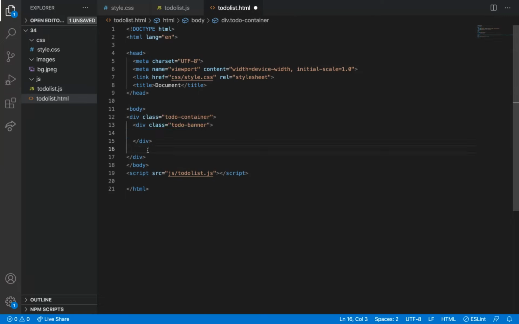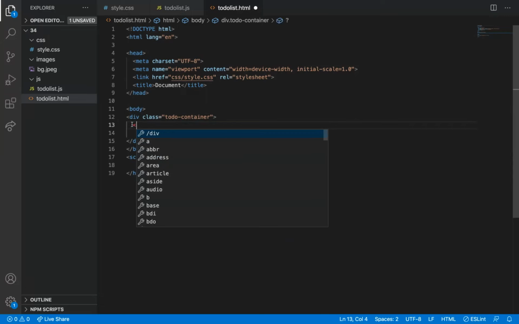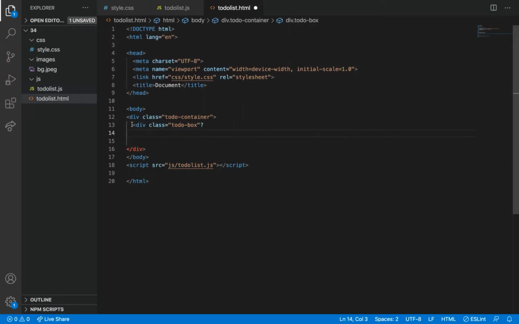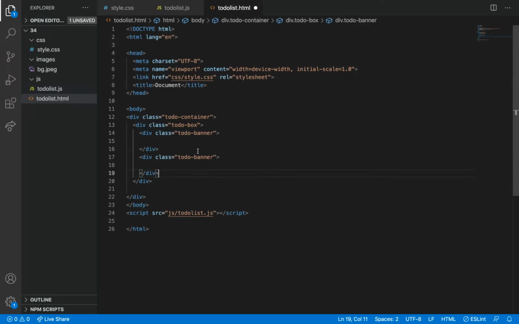I'll be having a small banner on it, and then I'm going to add a to-do box. These are all just for UI purposes. To-do box, then to-do banner, and then to-do list.